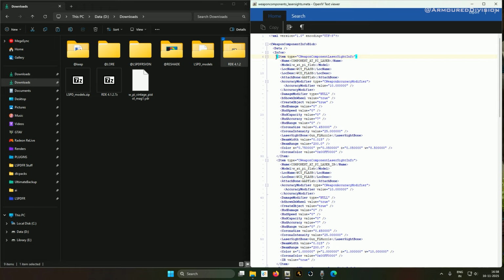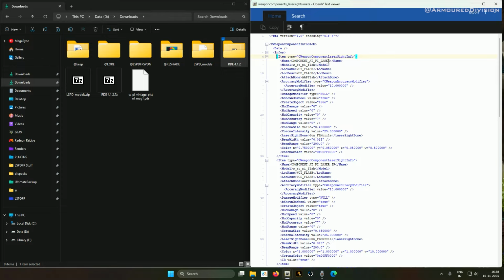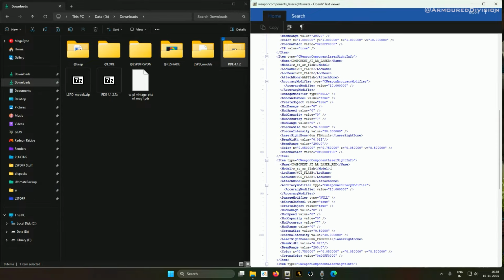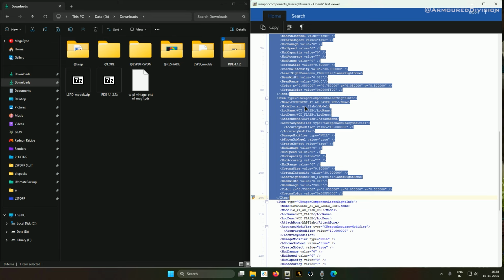You need to copy some text from this file. It is going to start from here, component ATPI laser. Look at that, before this symbol, and excluding this infos, do not copy it. Then make sure that component ATPI laser is there, component ATPI laser underscore IR is there, ATAR laser, and ATAR laser underscore red. This entry is ending right here, so we're going to select everything all the way over here, right click, copy,